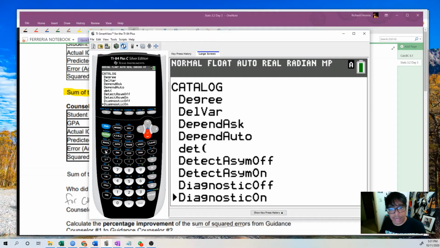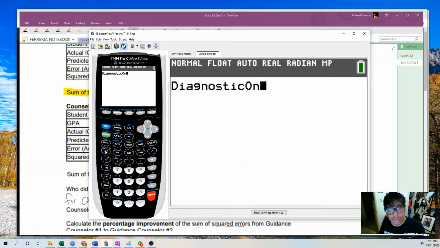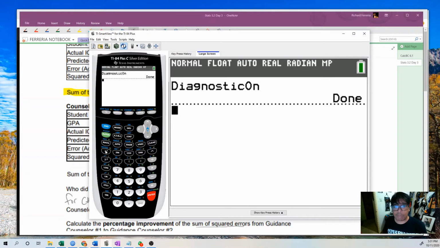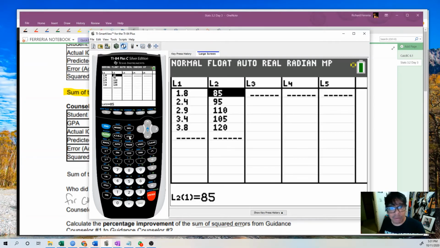There we go. Diagnostic on. Push enter, and push enter again to actually execute the command. And it's going to say done, which I guess is kind of cryptic, but you'll see the difference in a second. Next step here would be to go to the stat edit menu like every other one of our regressions,